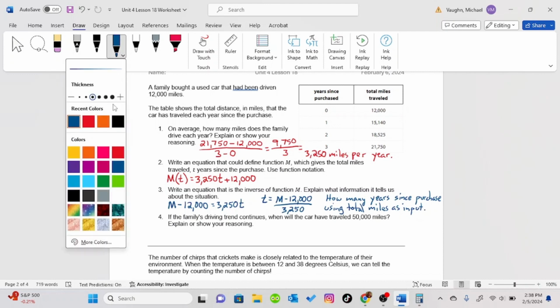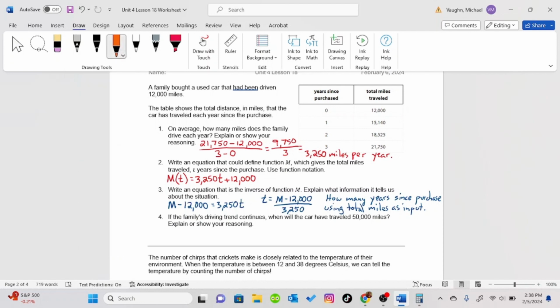Number 4, if the family's driving trend continues, when will the car have traveled 50,000 miles? So if they are giving us total miles, which is capital M, and they want us to find the time, which is t, we're going to use the inverse function. So t equals